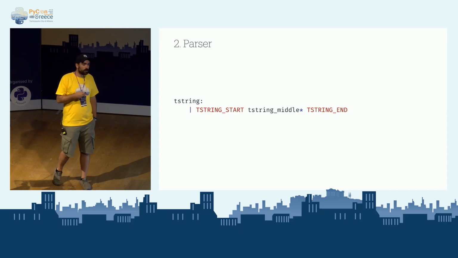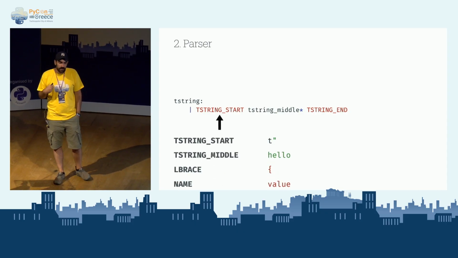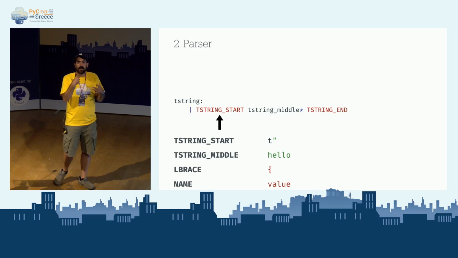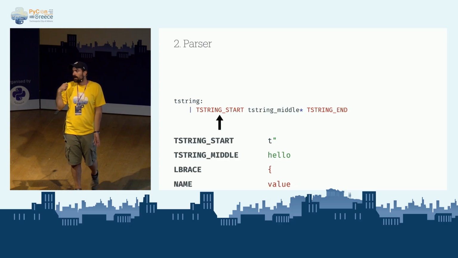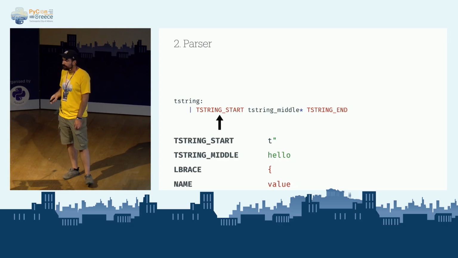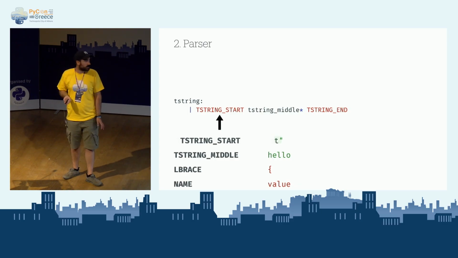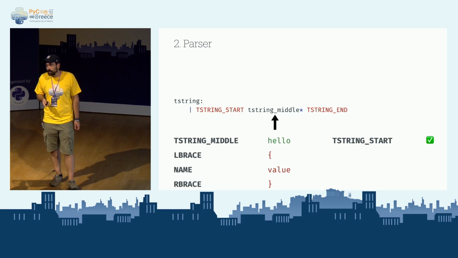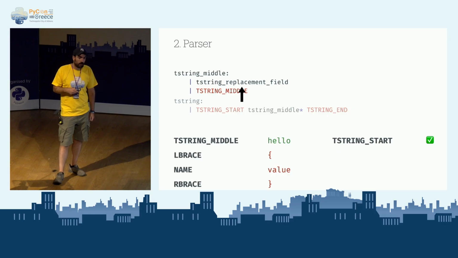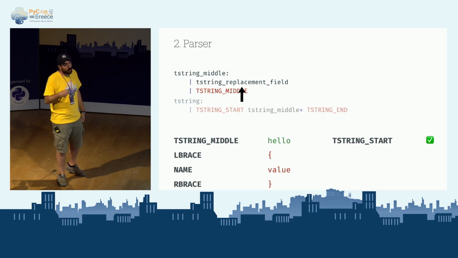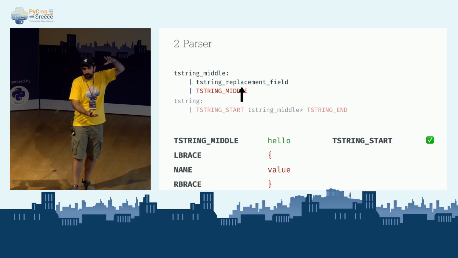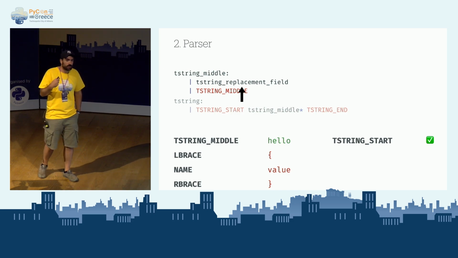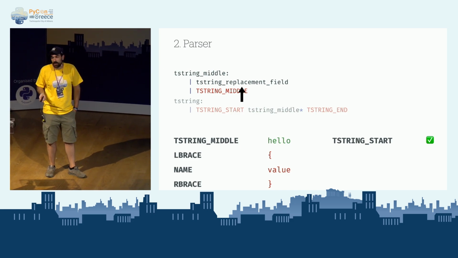And the way the parser works is it takes every token and checks whether the stream of tokens that we have is actually defined in terms of the grammar we have. So in this case, T-string start is matched, so the parser is happy. Then it goes on to the next thing. When we have lowercase letters, that's other rules. So the grammar is comprised of lots and lots of rules that the grammar uses to actually represent that syntax.